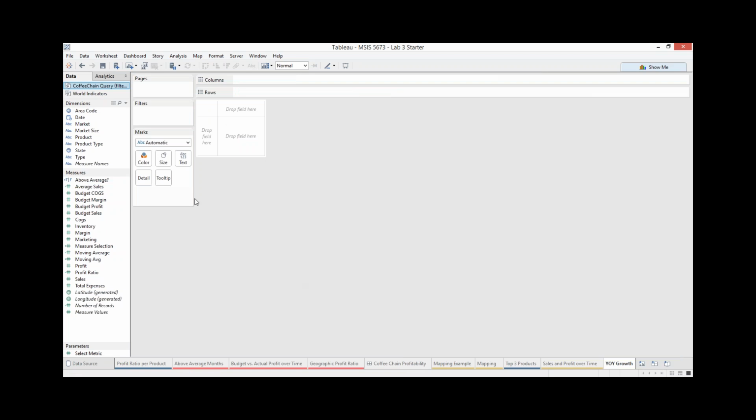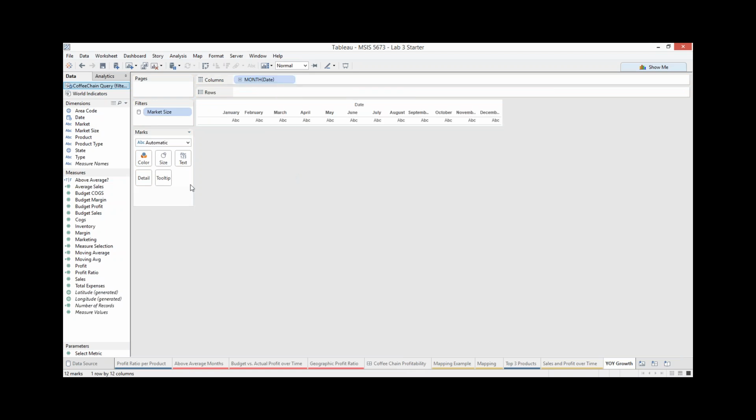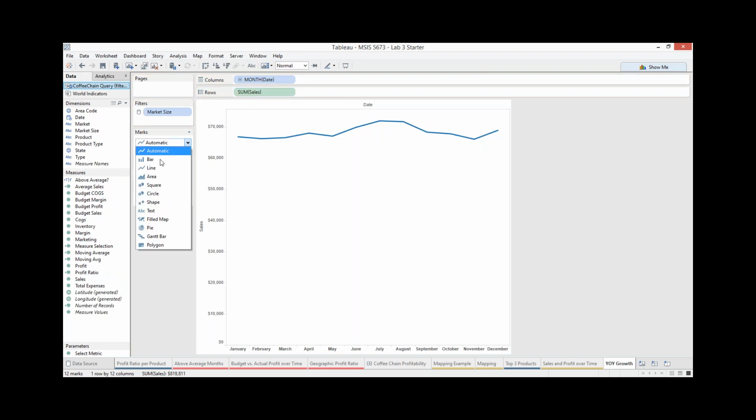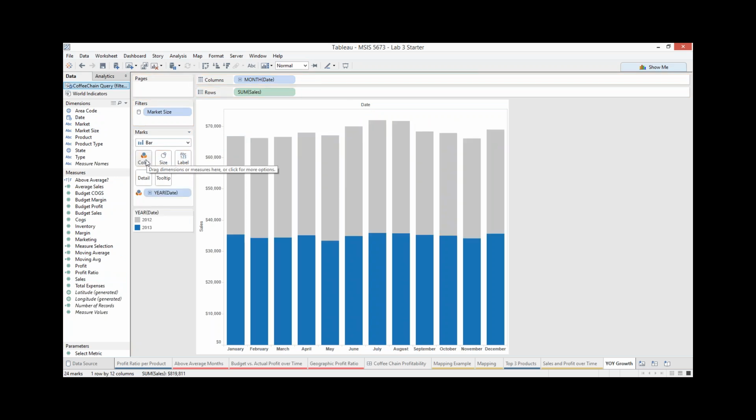All right, first of all, we're going to take our date field and drag it onto columns. Right-click on that date field and select the discrete month. Next up, we're going to take our sales field up onto the rows shelf and change your mark type to a bar. All right, next up, we're going to take date to color, and then we're going to take date to size